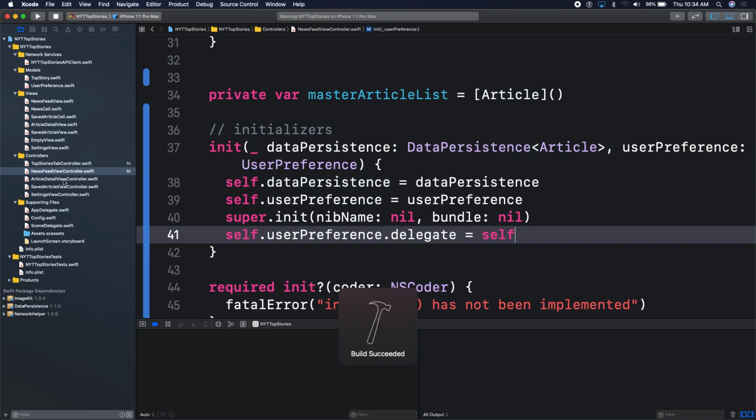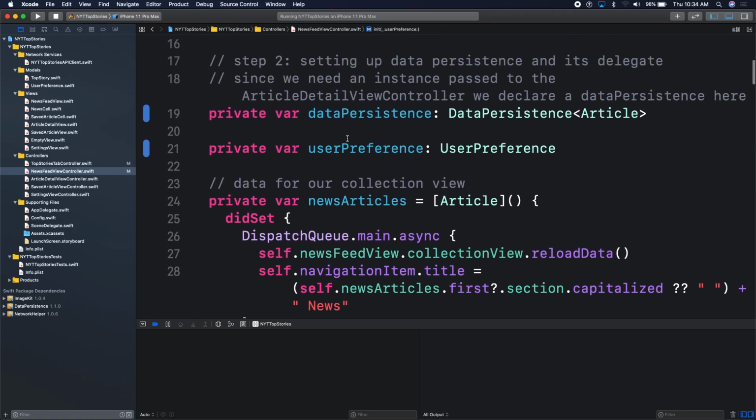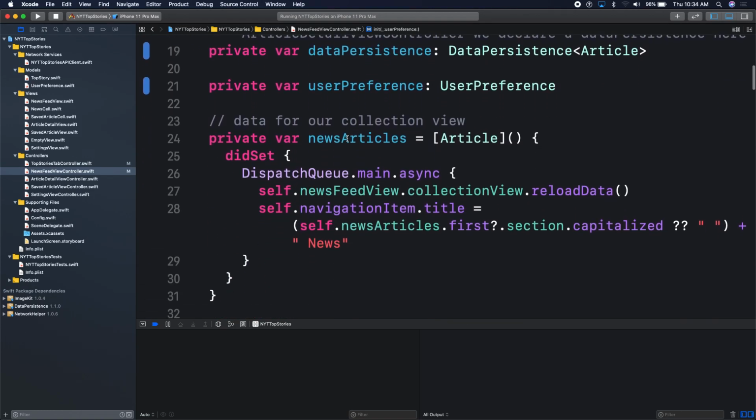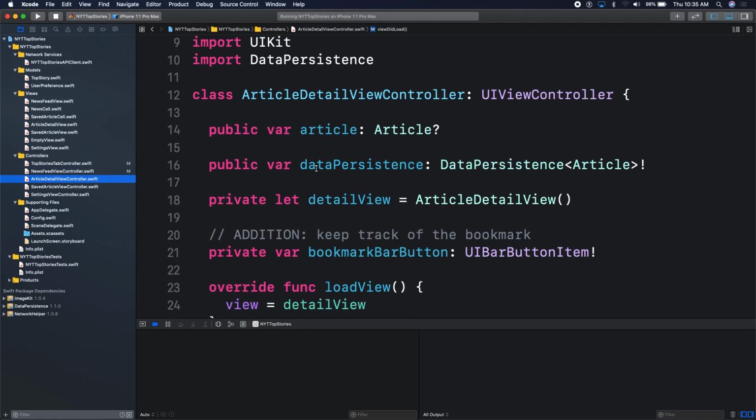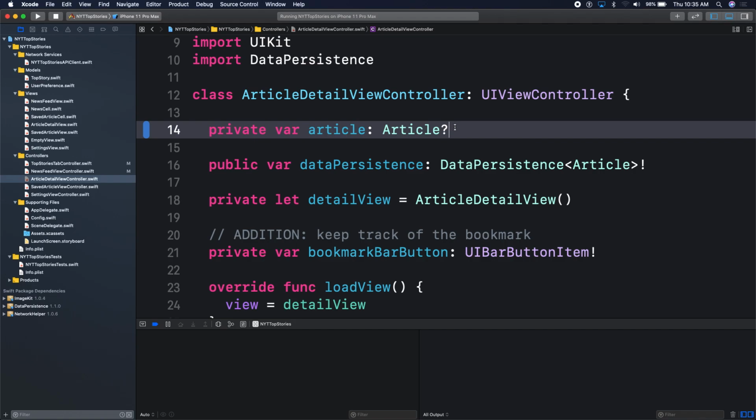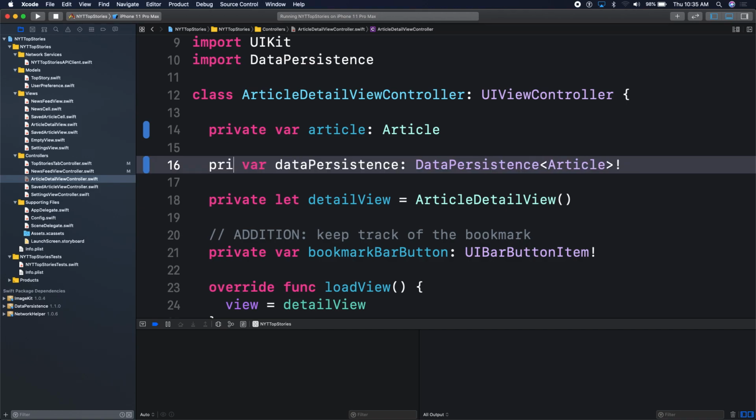So at this point, we have no errors. We fully encapsulated our newsfeed. We'll go now over to our article detail controller and do the same thing. So at this point, we have no more public properties, right? Everything is private explicitly, okay? Let's move on to our detail controller. We have a public article. We have a public data persistence, okay? We'll do the same thing. We'll mark them private. We'll remove the optional. We'll mark our data persistence private as well. We'll remove the implicit optional,